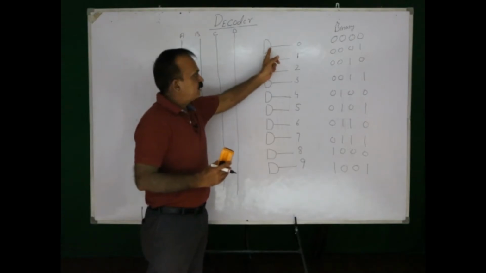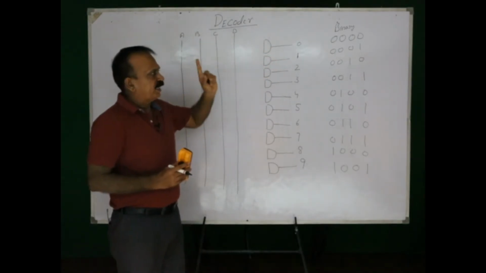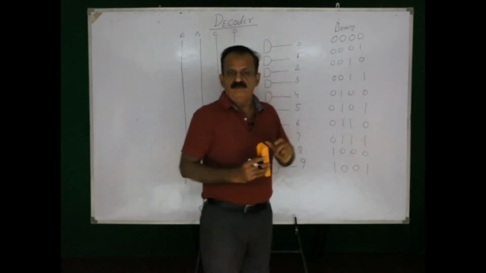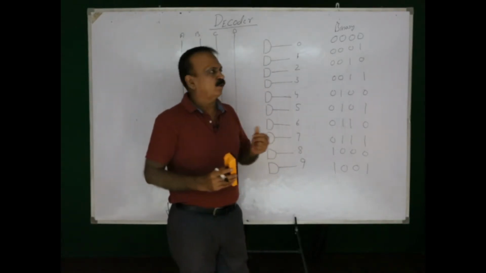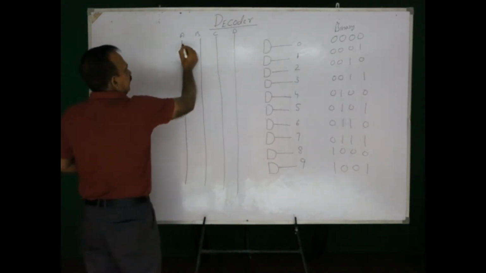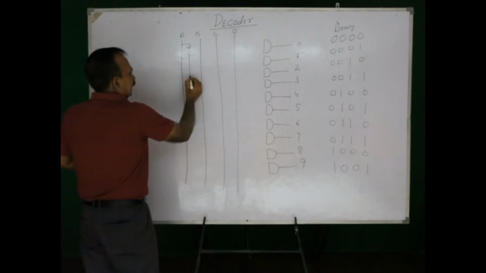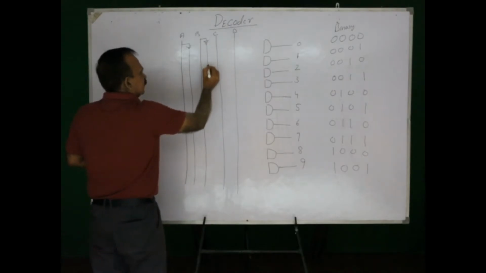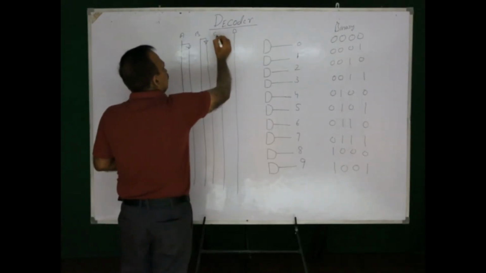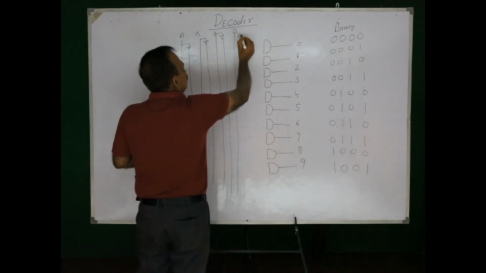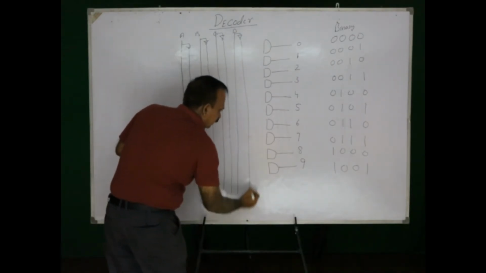Now, this input of this particular gate will be connected to the fundamental product of this number. How do we get the fundamental product? Fundamental product is obtained by converting all these numbers to 1 and then multiplying. Now, say this is A, I will be having A bar here. This line will represent A bar. The next will be representing B bar. The next will be representing C bar, and this last will be representing D bar. This is D bar, right?